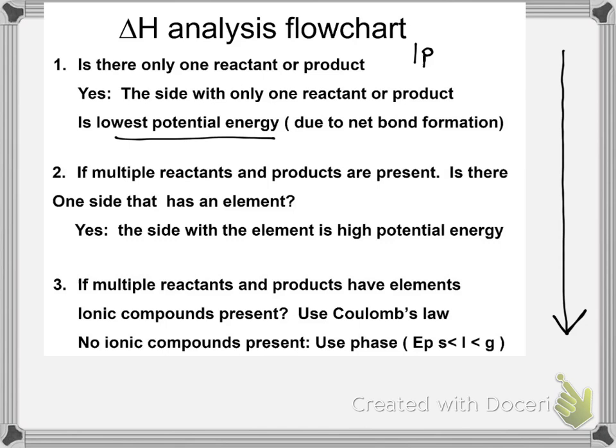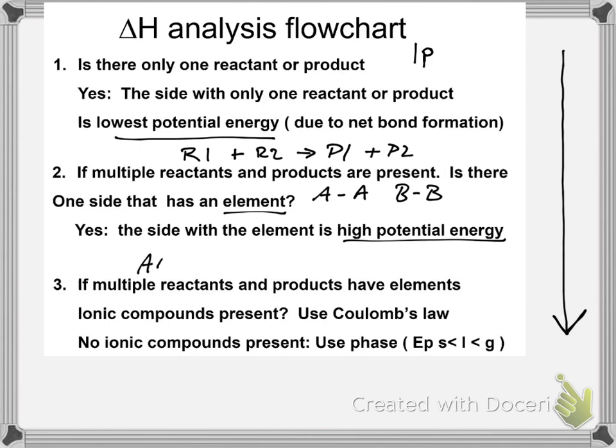Two is if you have multiple reactants or products, like reactant 1 plus reactant 2 make product 1 plus product 2, and so on. Then what we're asking you is to look for an element, and what we called that was the AA bond, BB bond, and if so, then this side will always have the highest potential energy. But what happens if you have an AA bond